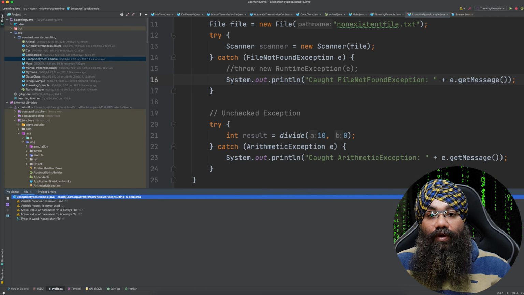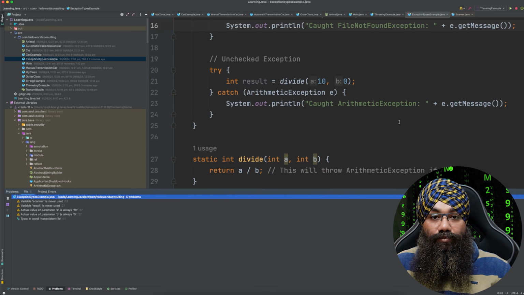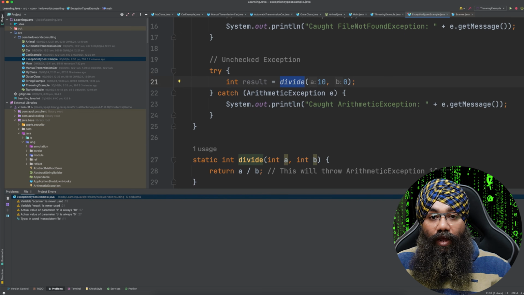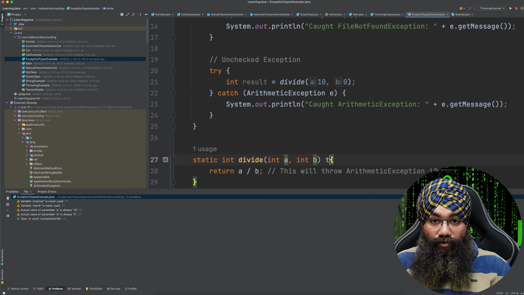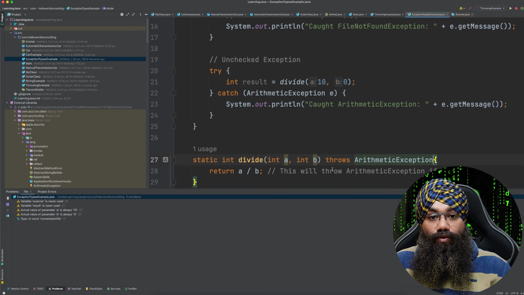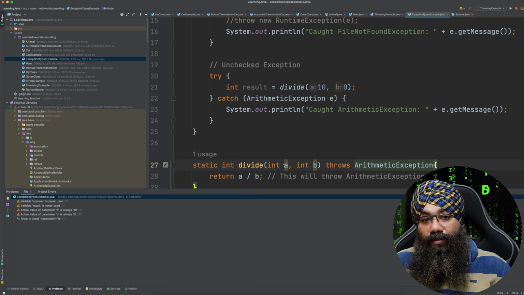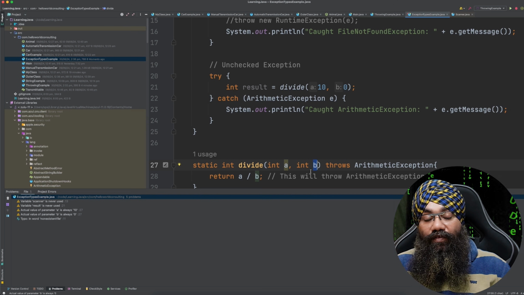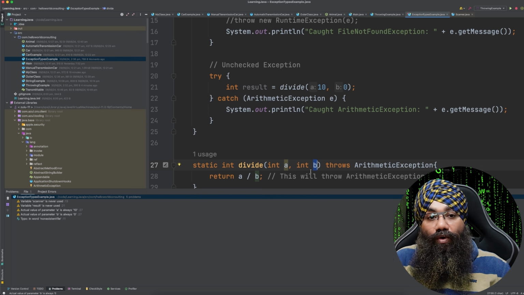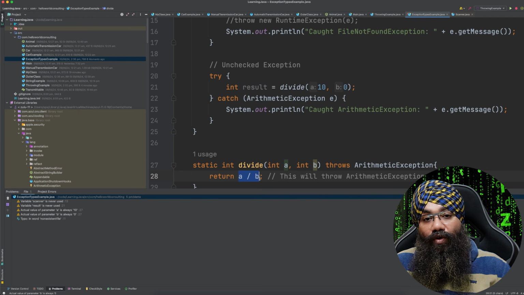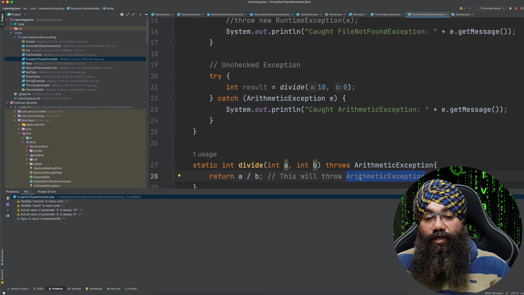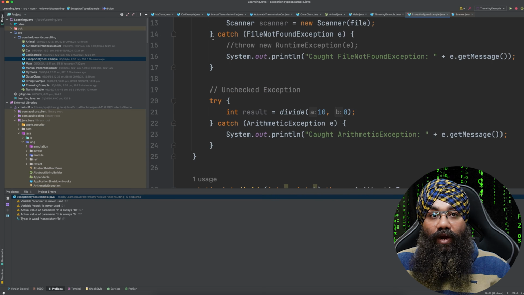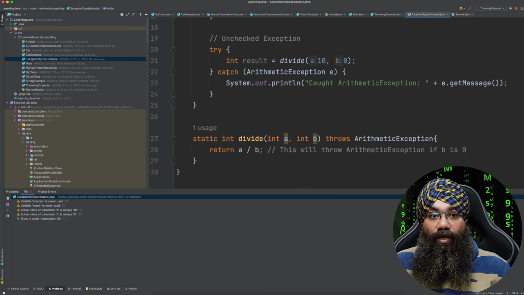Now let's look at one more example, which is of unchecked exceptions. Here our main method is calling this divide method, and we can also define an arithmetic exception. There are two input arguments, A and B. If B is 0, in mathematics you know that you cannot divide a number by 0. So if B is 0, Java will by default throw an arithmetic exception because it cannot divide a number by 0. But if you don't handle this like you handled it here using the try catch block, if you don't